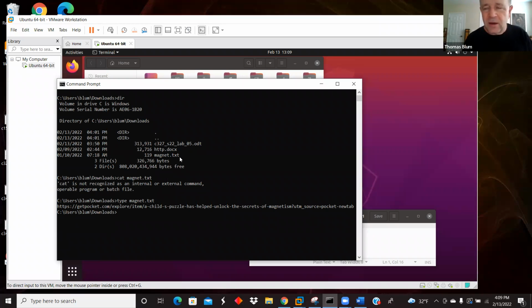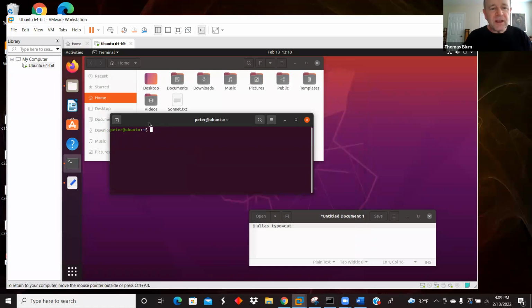And then that file just happens to have just this one URL that I wanted to read. Okay, so type is a command that works in Windows, but cat is the version